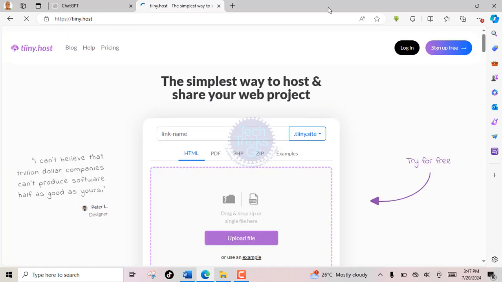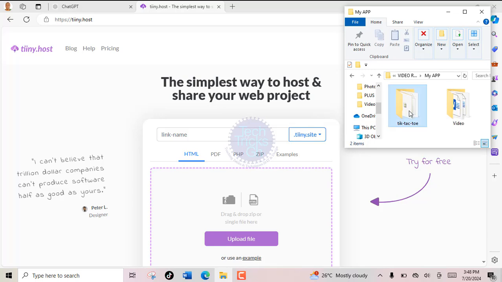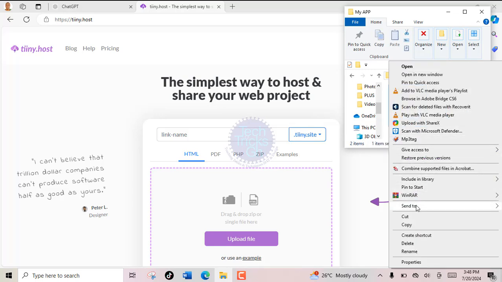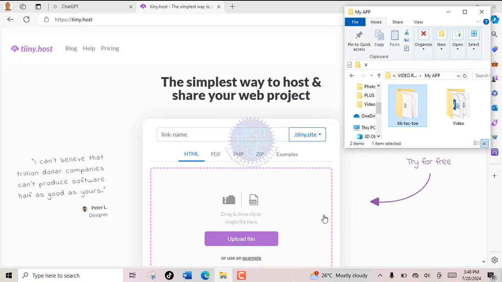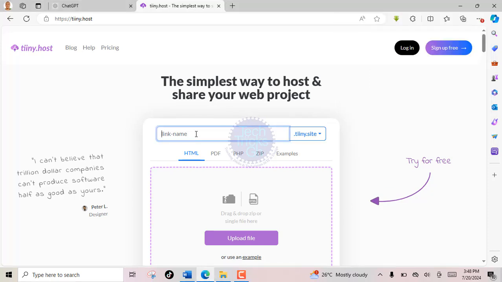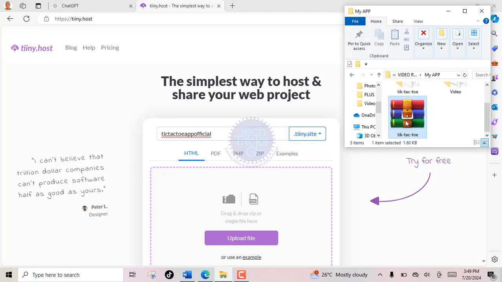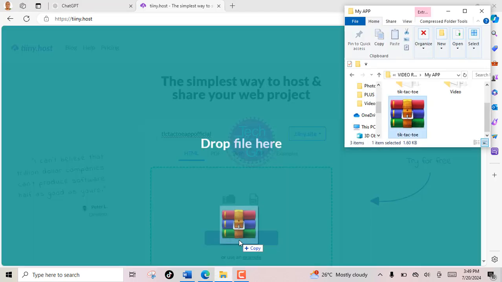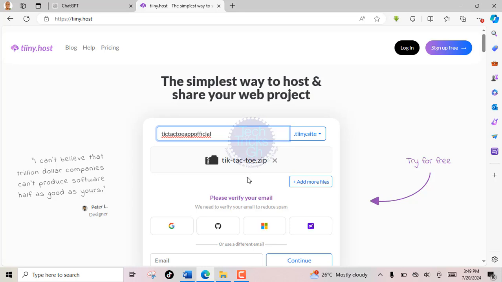Let's visit tiny.host. When the site appears, right-click on the file, select Send to, and choose Compress Zip folder. Enter the app's URL or link name, such as TechTricksGh App Official, into the provided rectangular box. When you are done, drag and drop the zip file on the tiny.host page or use the upload button to